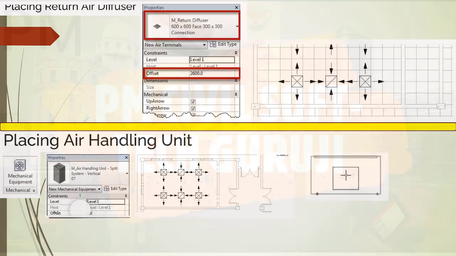Anything you want to place and rotate on screen, right at the moment press spacebar to rotate, like placing a door where we flipped it. So to flip anything, you just use spacebar. Then click it.